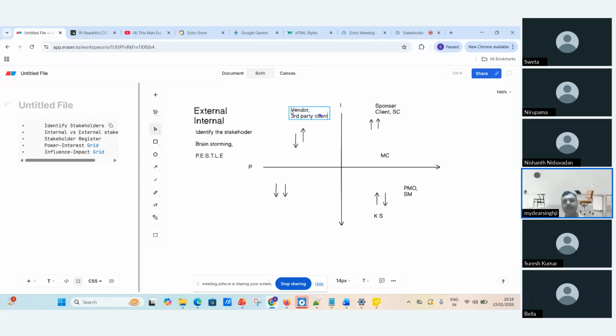These people will be there, with low power but high interest. What are we going to do for them? Keep informing them, whatever the information is.